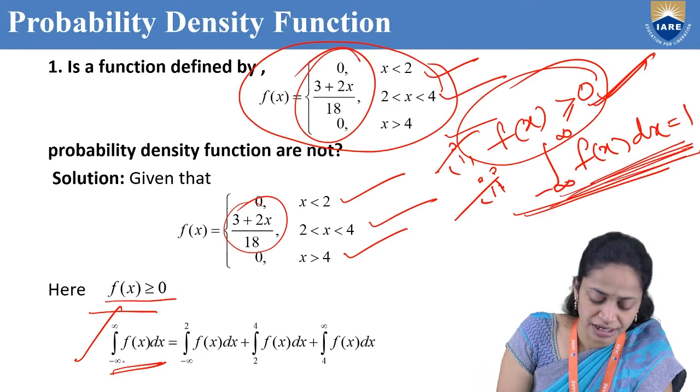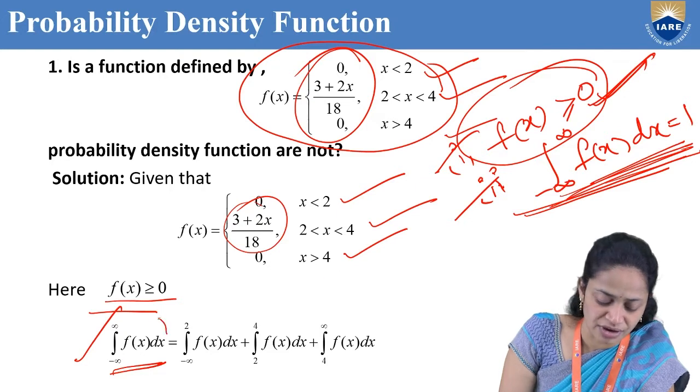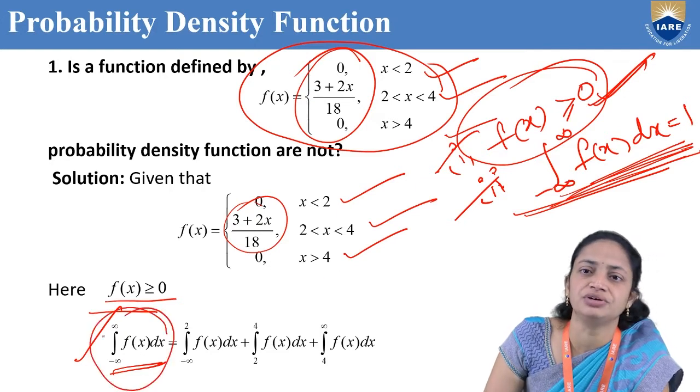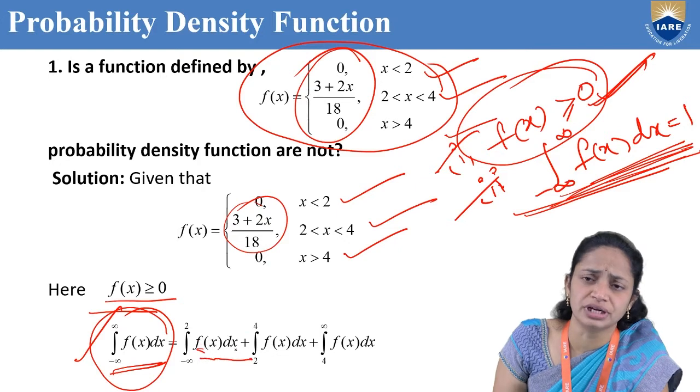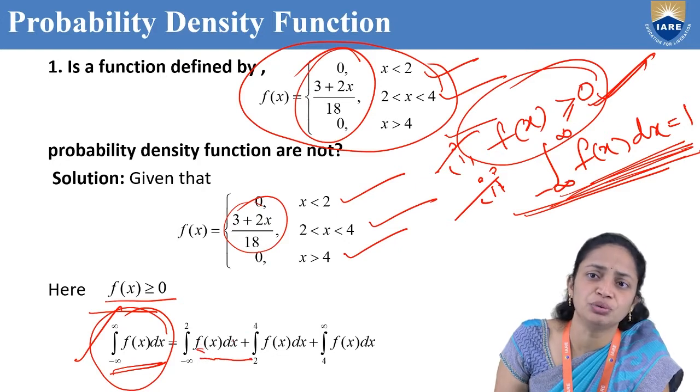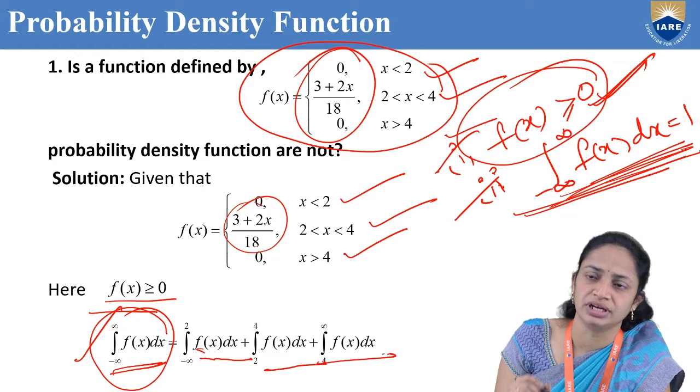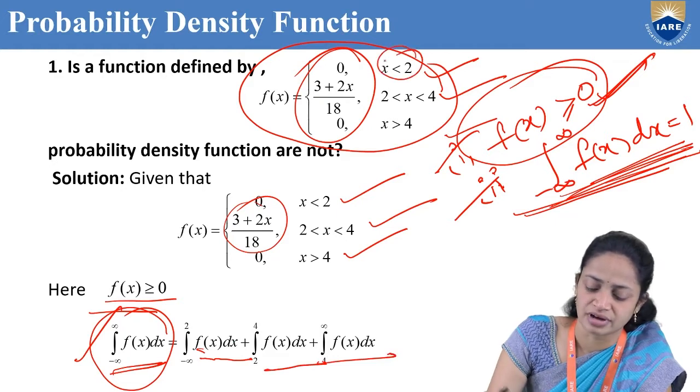We know that integration over minus infinity to infinity f of x dx equal to 1 can be written as integration over minus infinity to 2 of f of x dx plus 2 to 4 of f of x dx plus 4 to infinity. Because here we have the function, so the function will be,